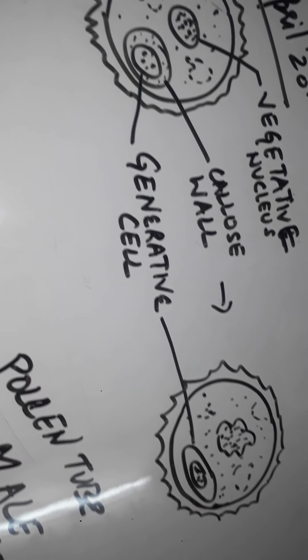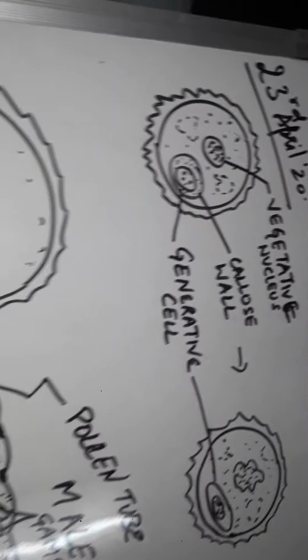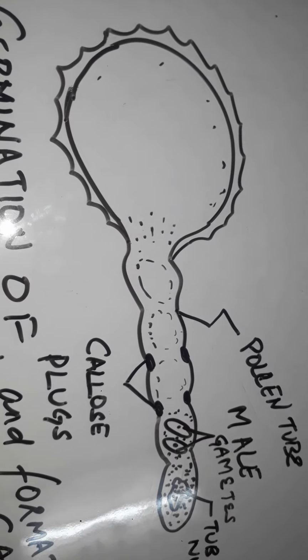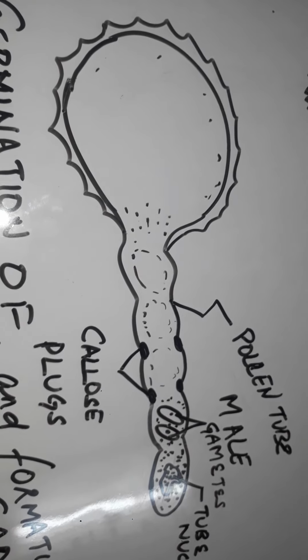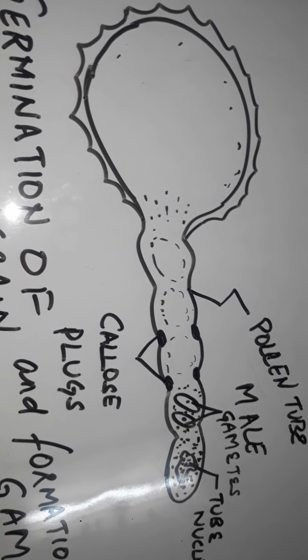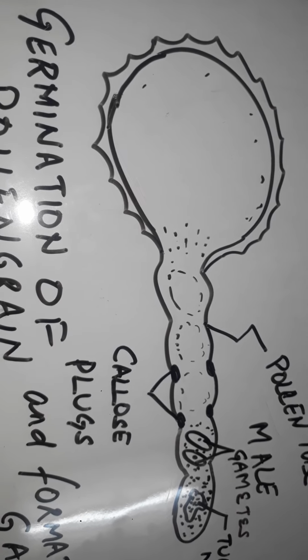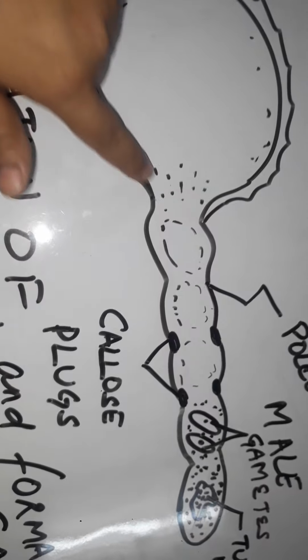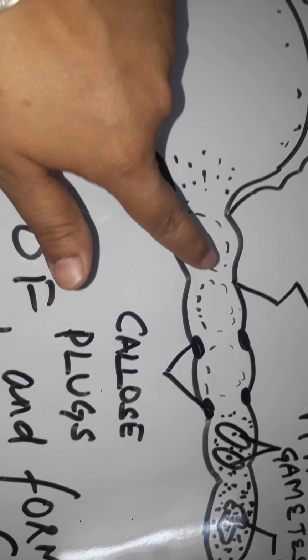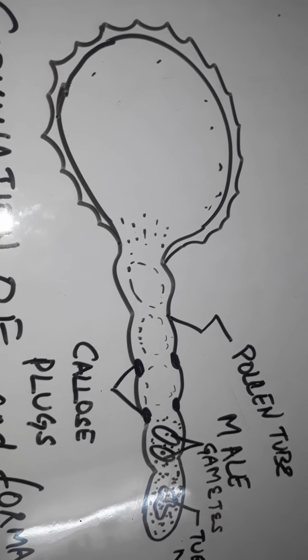So after the pollination is done, the pollen grain will fall on the stigma. If the pollen grain is compatible, it will form a pollen tube like structure. The pollen tube is covered by the intine, and it will come out of one of the germ pores or the germinal furrows, and it will keep on absorbing.